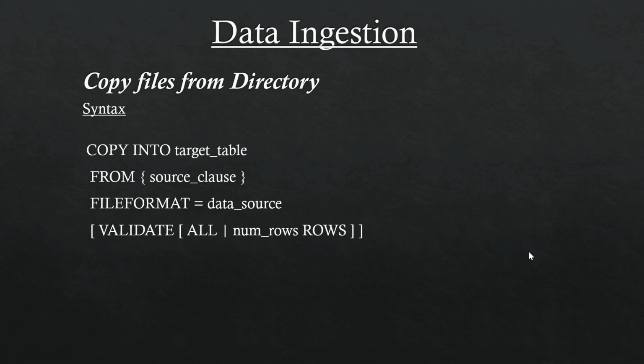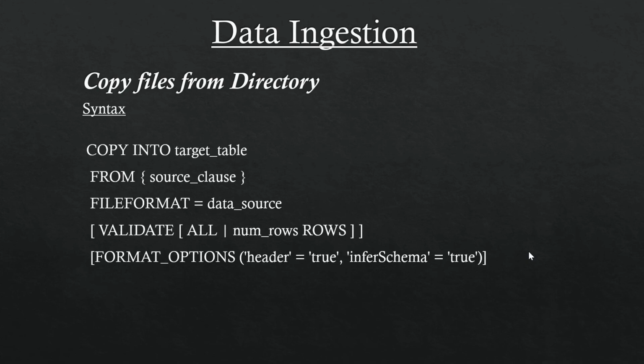Now, you have the validate option. I will discuss that in the next slide. It means not actually loading your data into your Delta table, but validating that all your data is correct and then only loading the data into your target table. We have the format options. Let's say you have a CSV file, you want the header to be true and you want to infer the schema, you can mention that. And copy options: when you are ingesting the data, if you want to merge the schema and you want the capability of schema evolution and schema enforcement, you can mention merge schema equal to true.